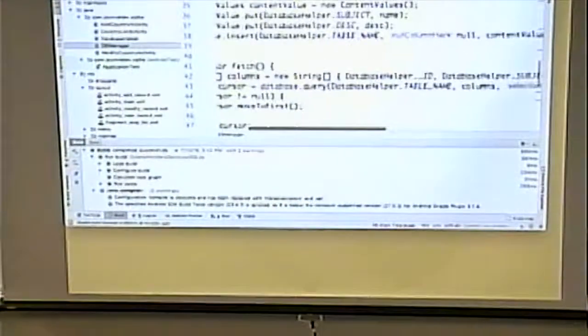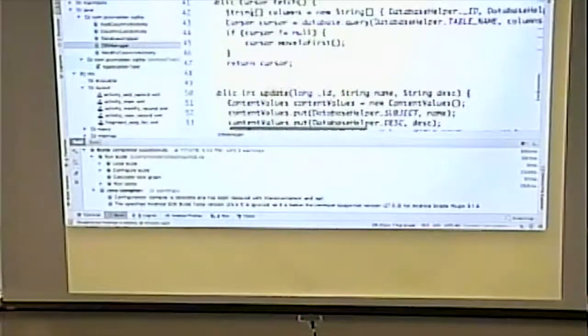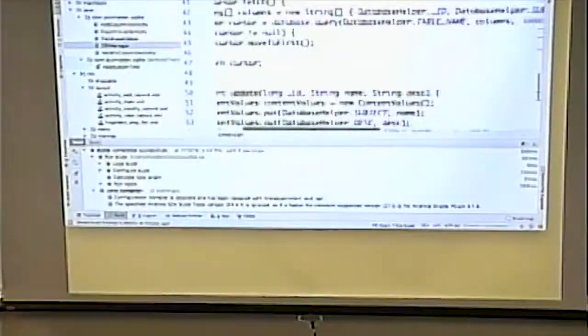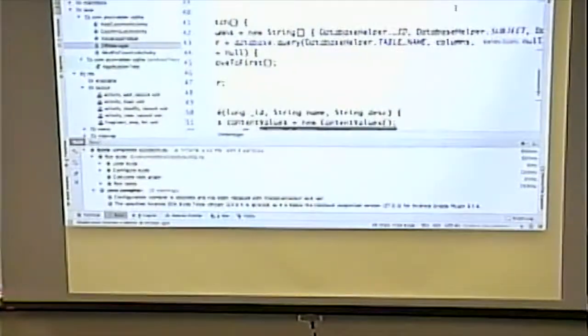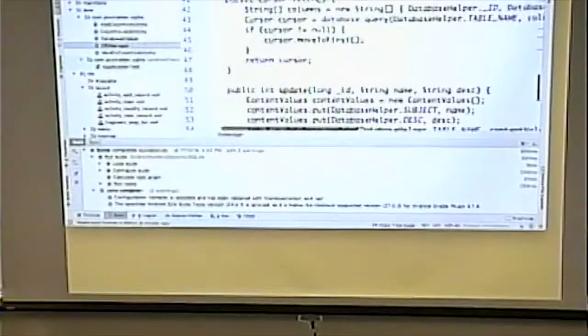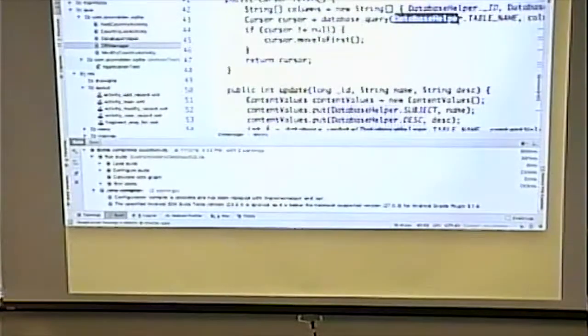We get our list of columns, which is, again, remember it's that public static in our database helper. It's column 1, column 2, column 3, and so on. We do a database query. And our query includes